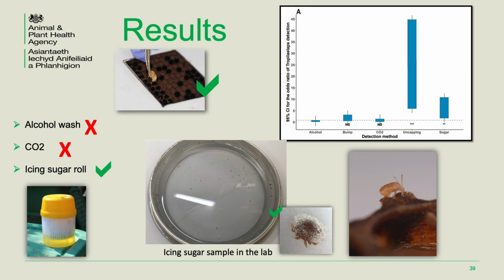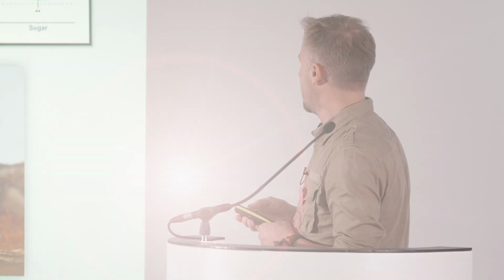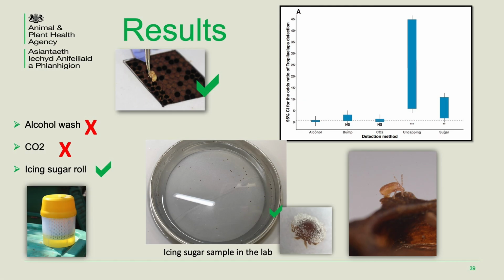So the results of that were the fact that we ended up with uncapping and sugar. As you can see here, the uncapping was very successful, and actually sugar turned out on top. I was quite surprised. I thought alcohol was going to be really good on this. It still maintained relatively well on the Varroa, but not for Tropilaelaps, interestingly. CO2 wasn't really working well for us with